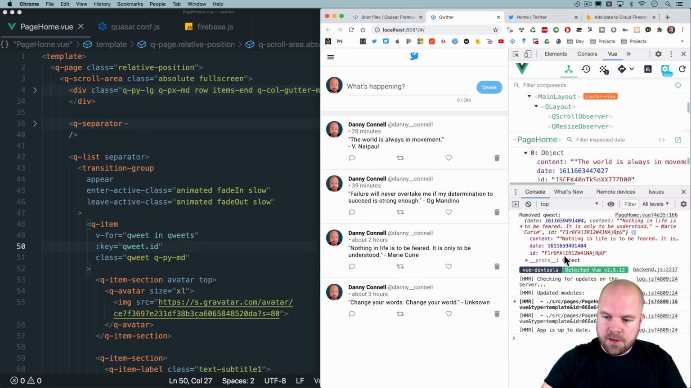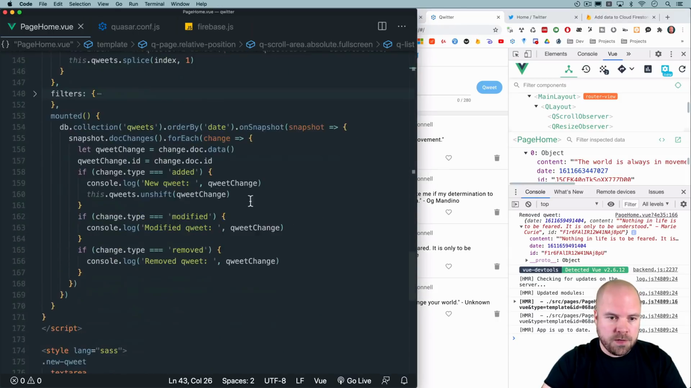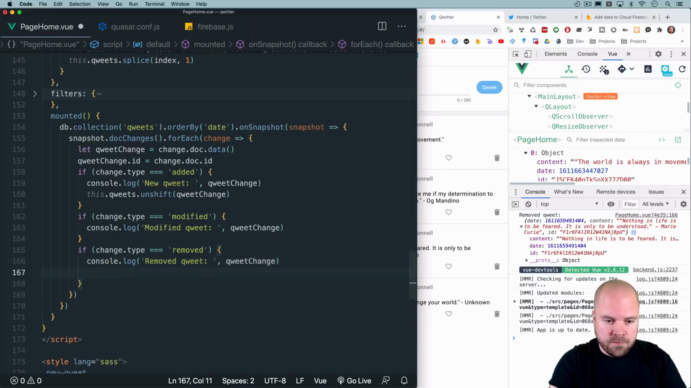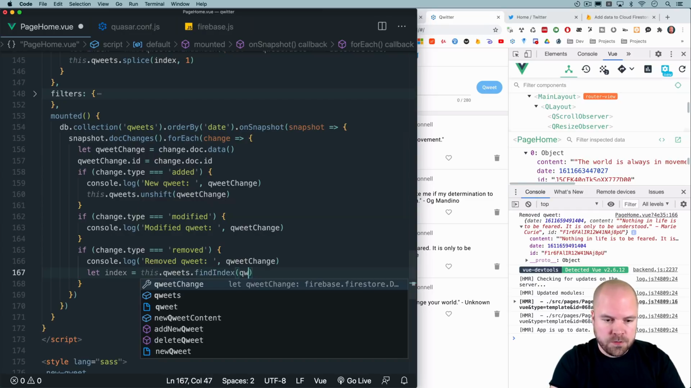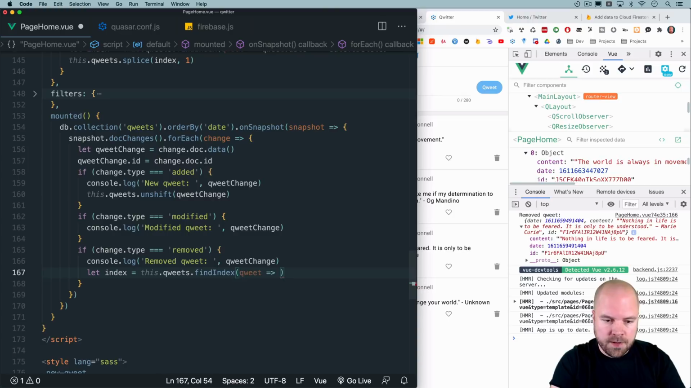Okay, so now that we have the ID of the tweet that was deleted, we can use that ID to remove the same tweet from our local tweets array. I'm going to jump back down to our onSnapshot hook and this if statement here. Let's start by finding the index of the same tweet in our local array. So I'll add let index, and then we can do this.tweets.findIndex, pass in a placeholder and a callback, and we want to find the index of the tweet where